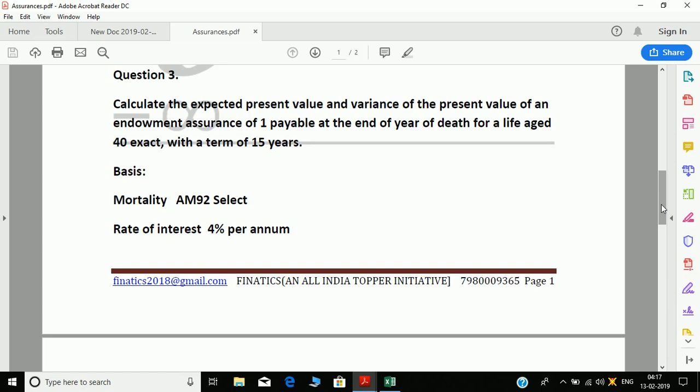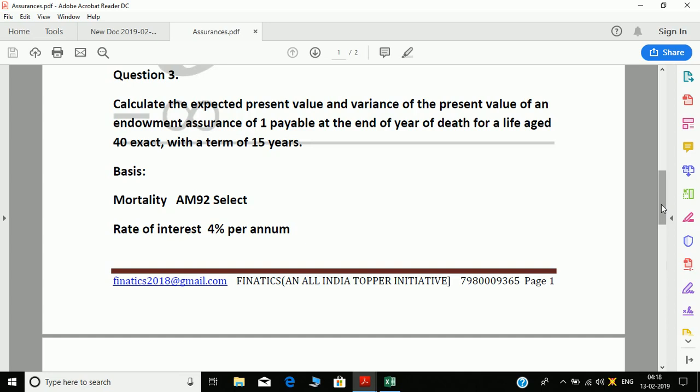For the variance, you have to square the EPV, and take out the expectation of X square, that is benefit square into discounting square into probability, and just subtract them.